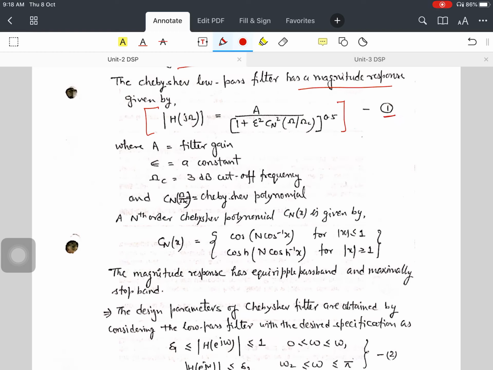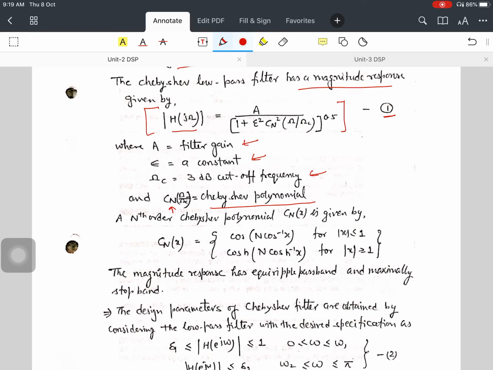this equation, equation number 1, where mod of H(jΩ) equals A upon the square root of 1 plus epsilon square Cn square (Ω upon Ωc). Here A is the filter gain, epsilon is a constant design parameter, Ωc is the 3 dB cutoff frequency, and Cn(Ω upon Ωc) is the Chebyshev polynomial, where n is the